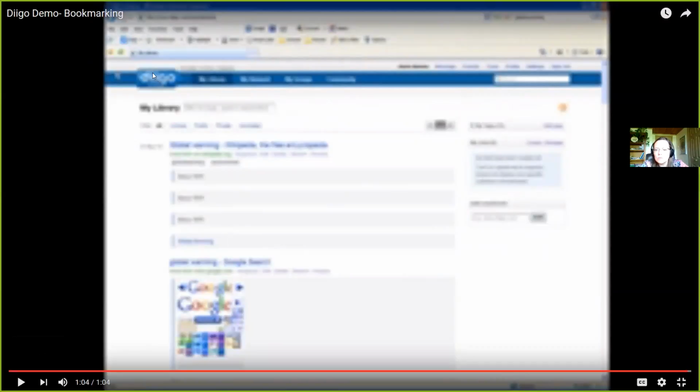I'm not sure about the quality of the video. I think it's not very clear, yeah? Okay, anyways, so this tool gives you an opportunity to save all the links again in one place, to save the pages in one place. The only difference is that